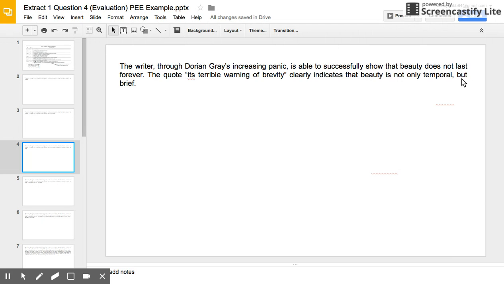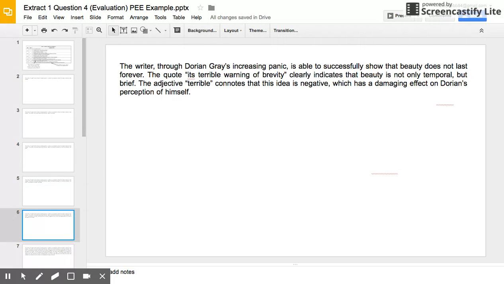I have tried to extend it slightly here as well. Again, we've talked about, or hopefully you would have talked about, how you can use connectives to extend your explanation. I've taken out a key word. I know the word is an adjective. The structure is the same. It's still an embedded clause, embedded quotation, sorry. And then I just continued it again.